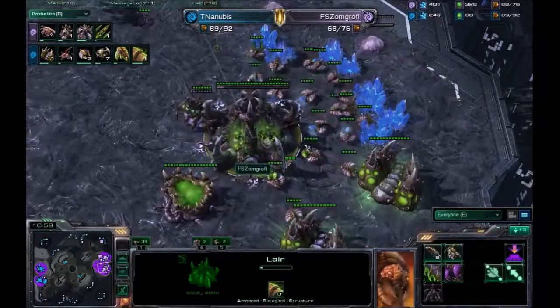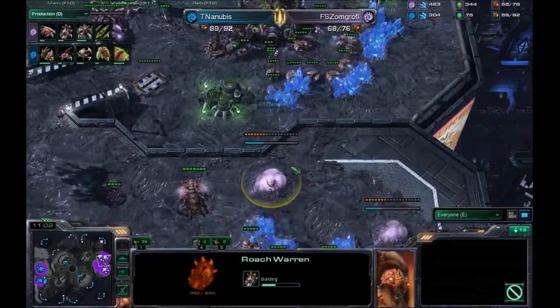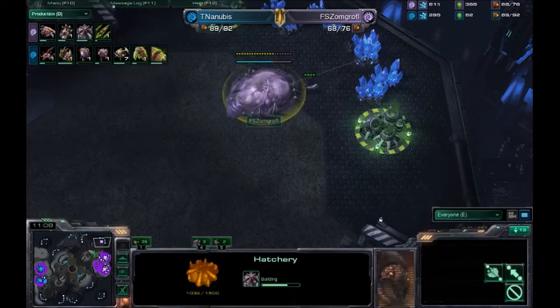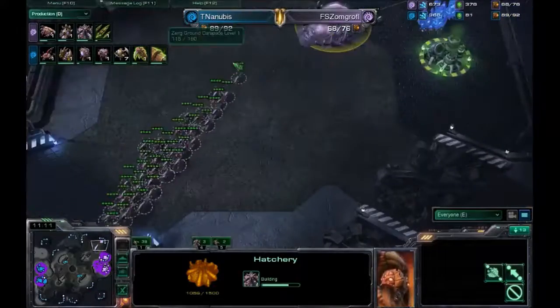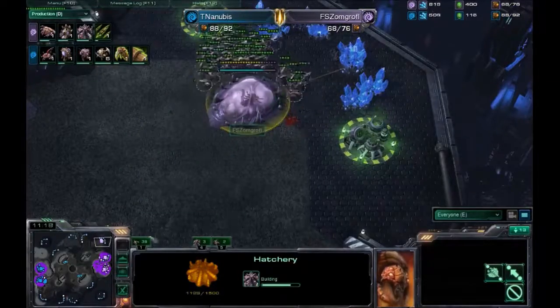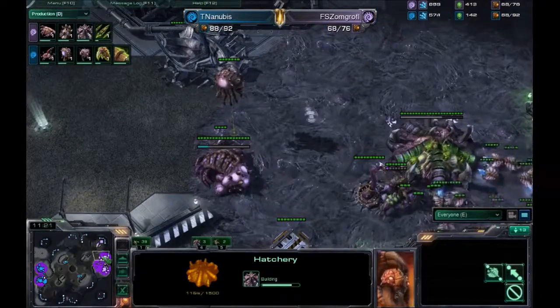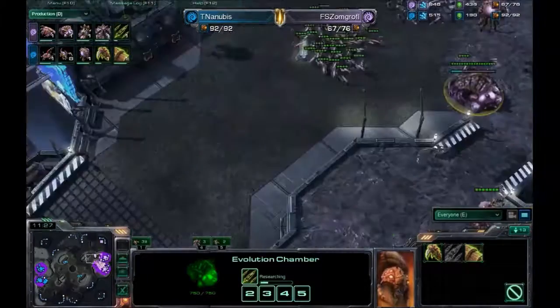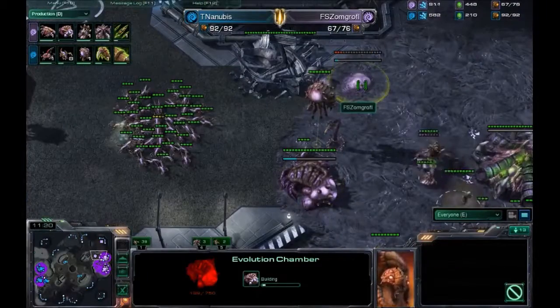Oh, Infestation Pit. What? And Roach Warren. Wow, this is pretty late. So Anubis sees the third, and he's going to see the lings. I think Anubis is just going to assume mutas, because usually when you see non-gas units,